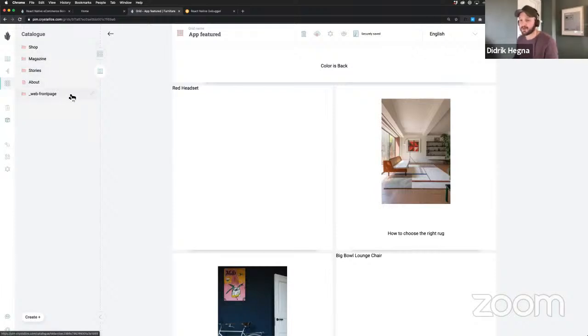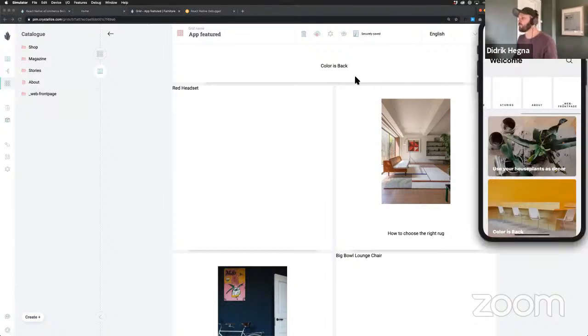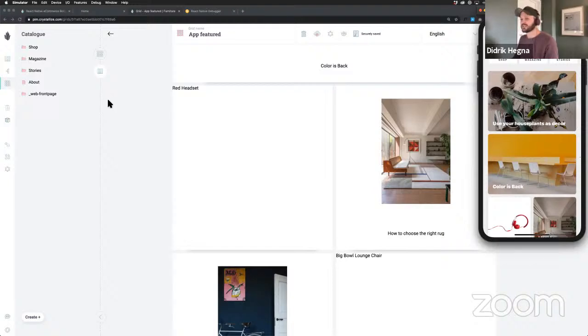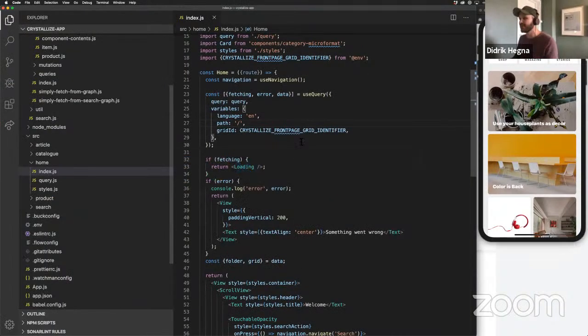We even have our, let's call it our dev folder, which we don't filter on. So we get this as well. Doesn't matter. What we also do have is, of course, the grid. I'm coming back to the grid now, and you can see that even in Crystallize or even in React Native,